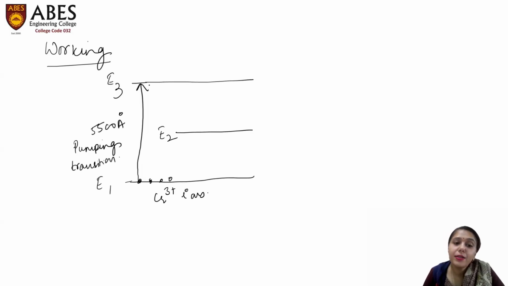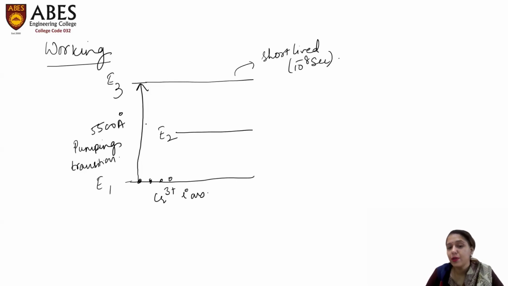So the chromium ions are now in the higher excited state E3. In the case of a 3-level laser, this level is a short-lived level, a short-lived state of the order of 10 raised to the power minus 8 second only. So the chromium ions will suddenly come from E3 to E2, resulting in a radiation-less